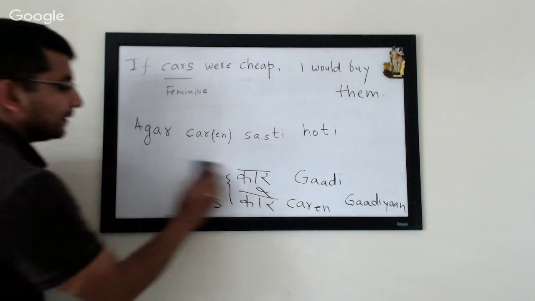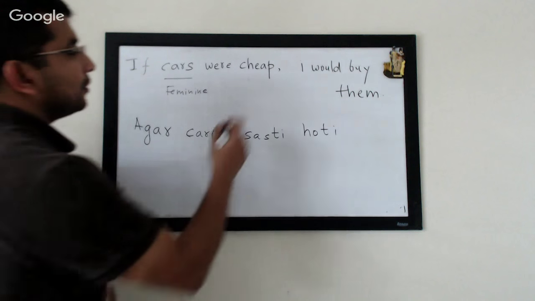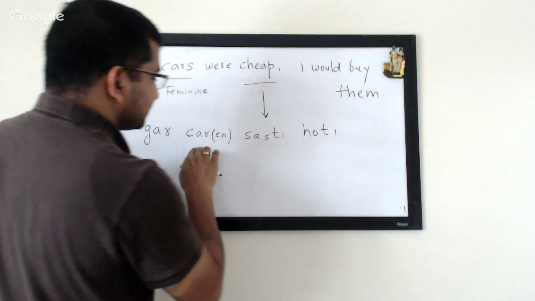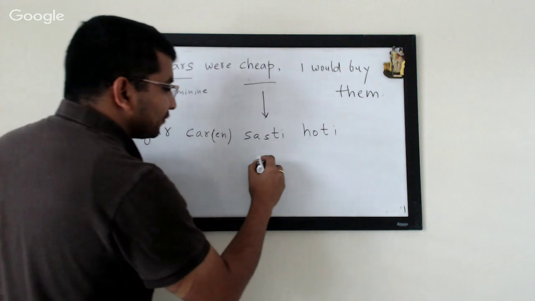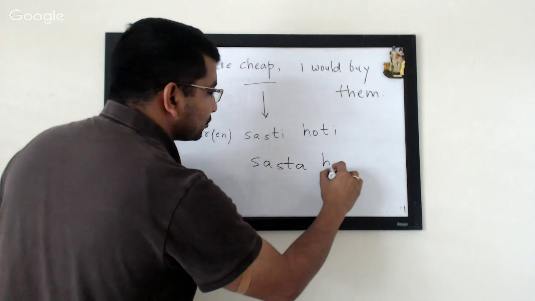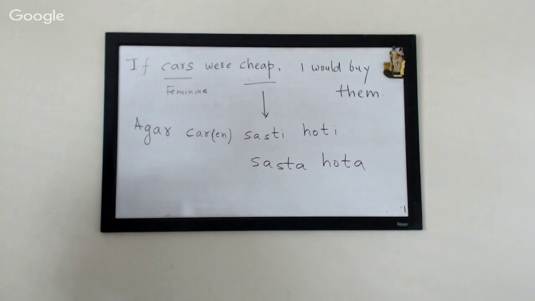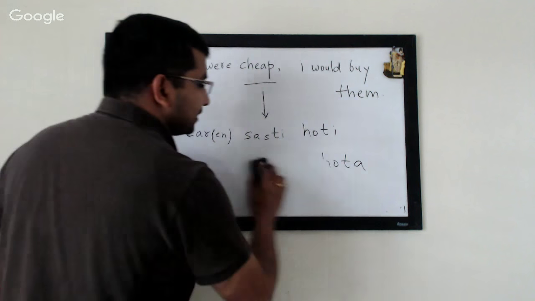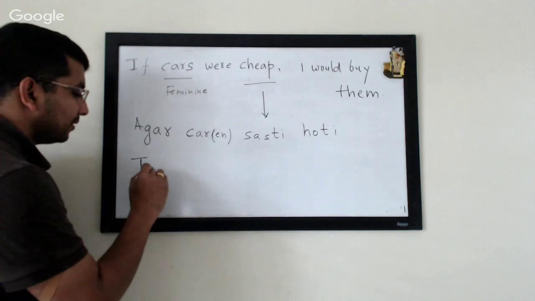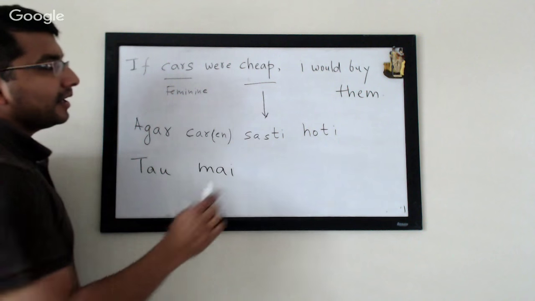Okay. Folks, when you use cheap, in this case it's sasti because it's feminine. If it was masculine, it would be sasta and then hota. Okay, so if कारें सस्ती होती तो मैं. Okay, and when you say